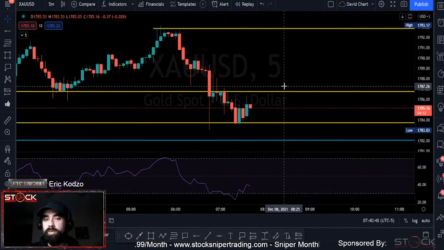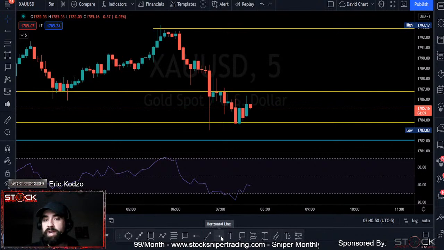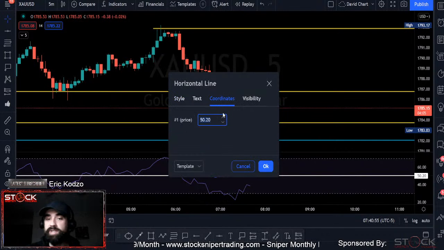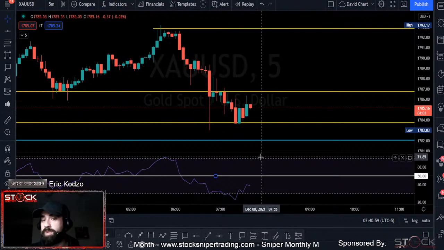Okay, if I double click, you can see with my RSI that price is pretty much oversold. Okay, does that make a difference? You need to ask yourself this. Not really, because we've been on calls where price has been oversold and it continues to drop quite a bit. All right, so